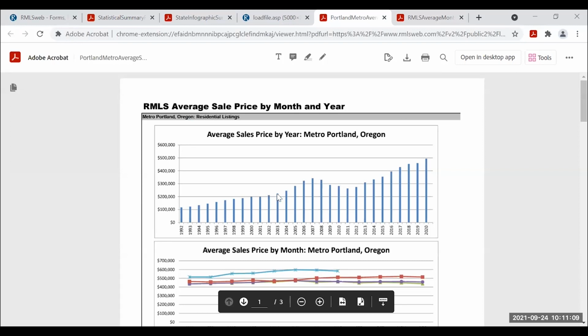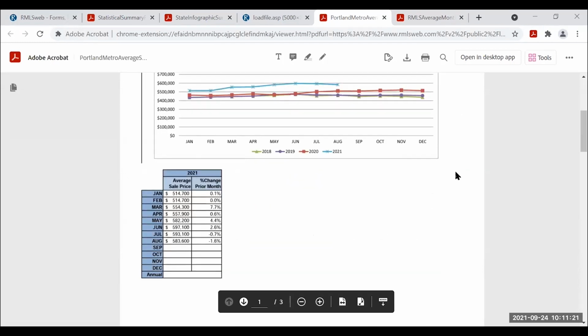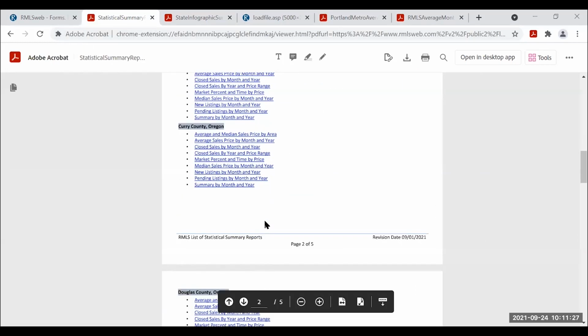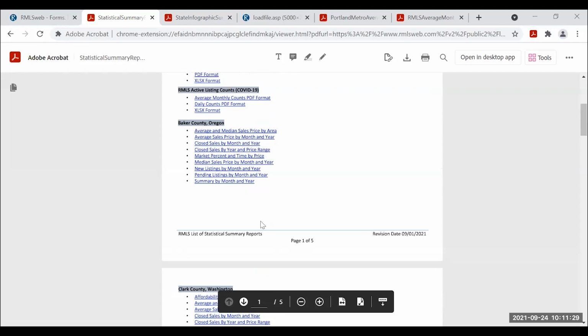You could look at some of these graphs, some of the data, and see when the last spike was, 2007, and then it settled down a little bit, and then we're back on the rebound. Okay, and then all of the data below. So again, take a moment. These things are just waiting for you to take a look at them and utilize them.